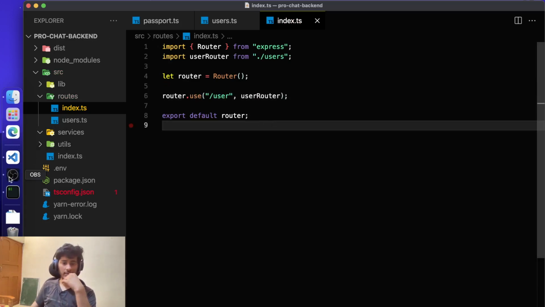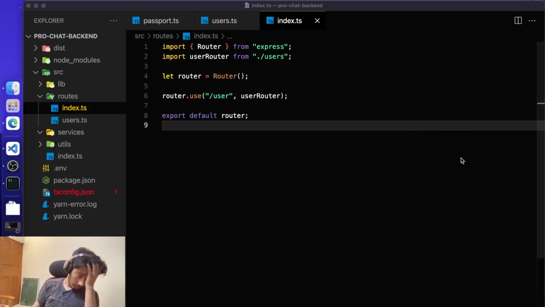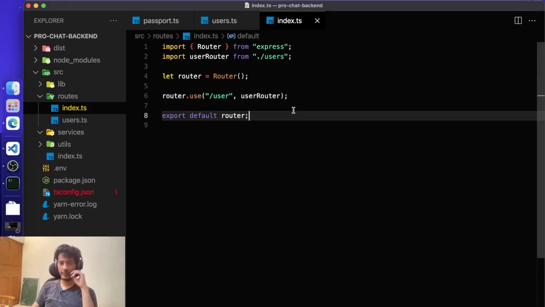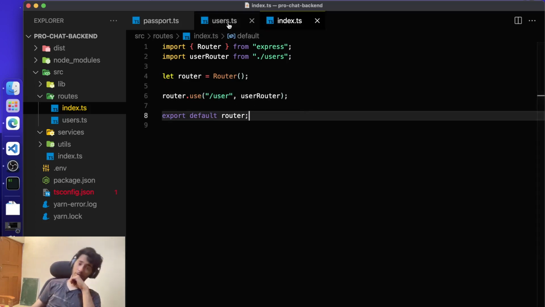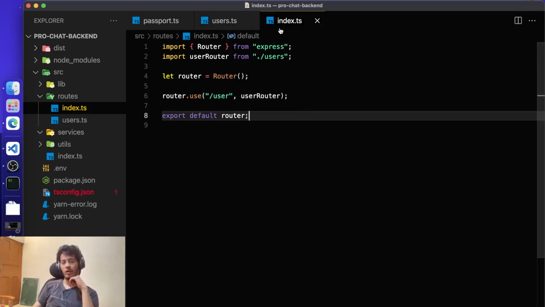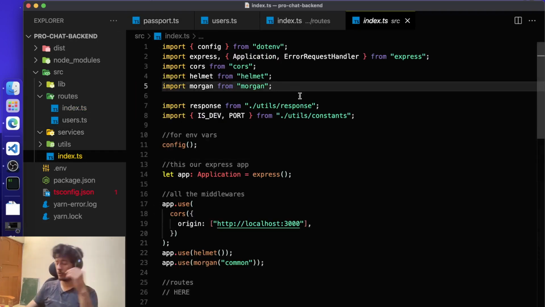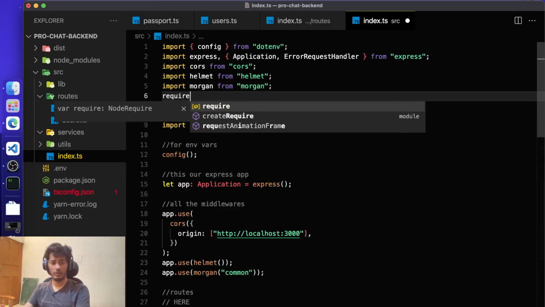I don't know how much time we have already spent. 49 minutes approximately. Oh, that's okay. So we have the user router over here, which can route all the requests coming to users to this user router, right? And now we'll be using this router in the index page, but before that we actually have to import this thing